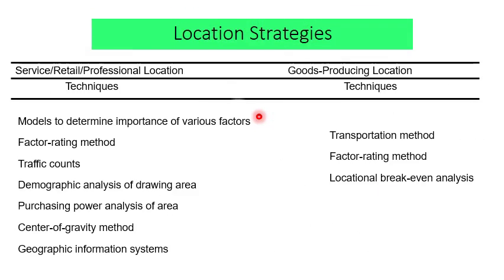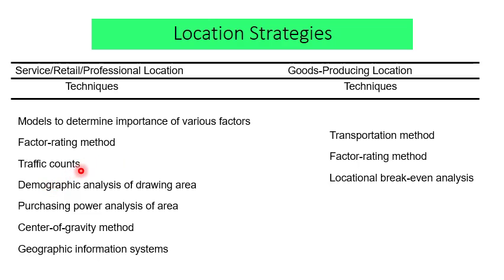And the last section, this one is the last section, and these are the techniques in order to compare two locations to establish our facilities. We have to compare with these techniques. For the service, these are the techniques, models to determine importance of various factors. We can use factor rating method. Actually, factor rating method is used for manufacturing site selection. Traffic counters, that means the volume of the market,